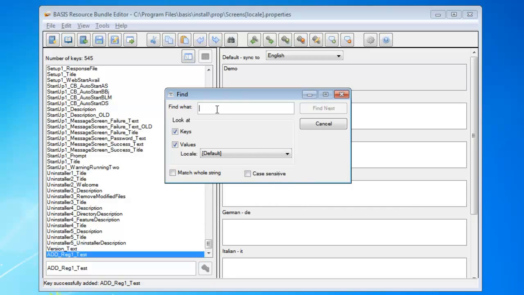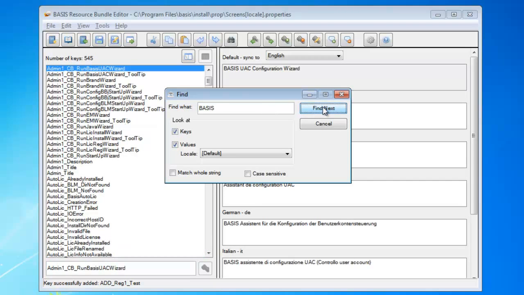So let's go ahead and look at keys and values, and we're going to look for basis. This is important because there are 545 keys with 8 values each, so we're talking about thousands of translations. In order to find one, it's really nice to have this find dialog. So simply click the Find Next button, and sure enough, it finds me the first key and value that have